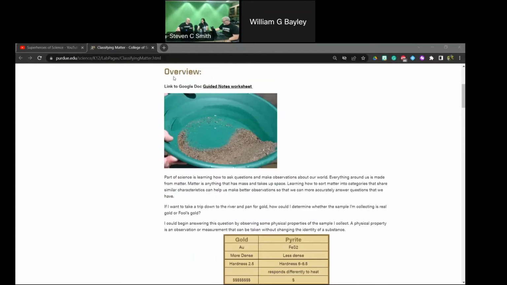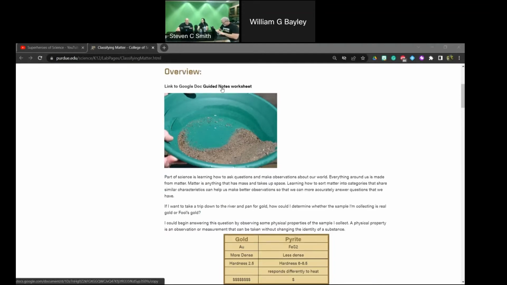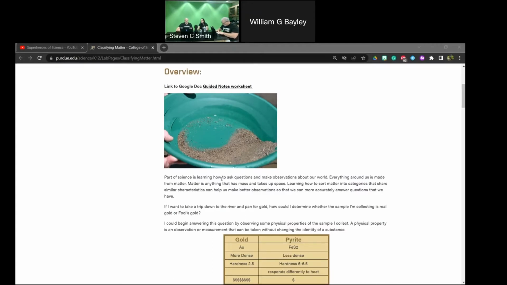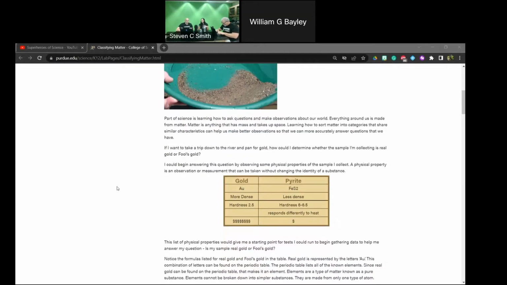We have our overview here, starting us with this engagement piece. We're going to see a link to a guided notes worksheet, and at the top there's the link for the key. I'll be able to share a key that I've made up, but all those answers can be found in this overview. This sets students up: science is learning how to ask questions and make observations about the world.